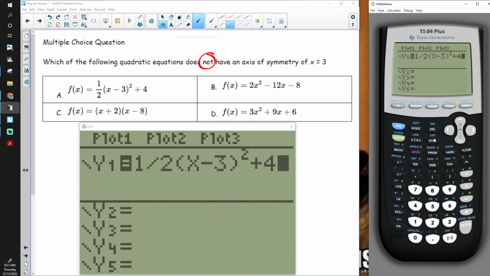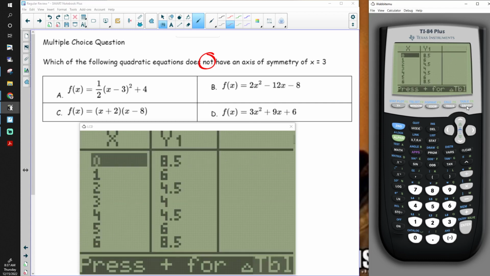If you guys remember from earlier in the year, above the graph button is the word table in blue. See it? So you're going to click second graph to go to our table, and we are looking for a number that is sandwiched. Which number is sandwiched between the two same others? 4. See how it's sandwiched between 4.5 and 4.5? Okay, that means